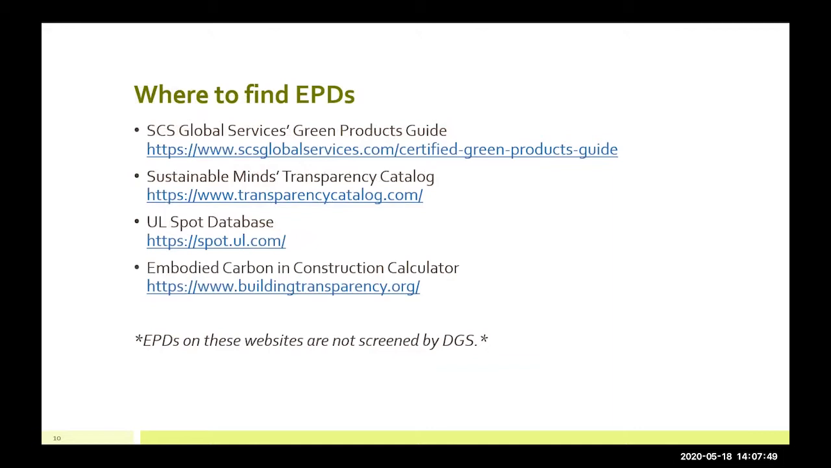This is where you can find a wealth of information on transparency reports and also North American EPDs that they reference. Third, we have our UL SPOT database. UL Environment is another North American program operator. They publish their EPDs on their SPOT database. You'll have to make an account to download EPDs from there. And then lastly, we have the Embodied Carbon in Construction Calculator